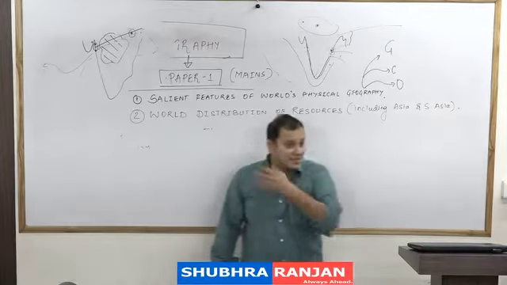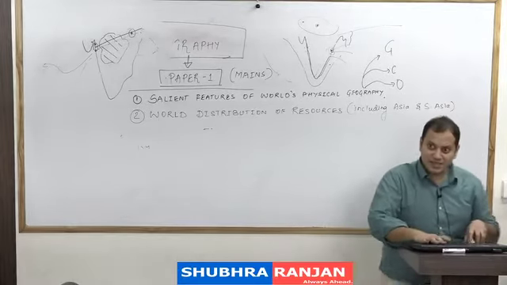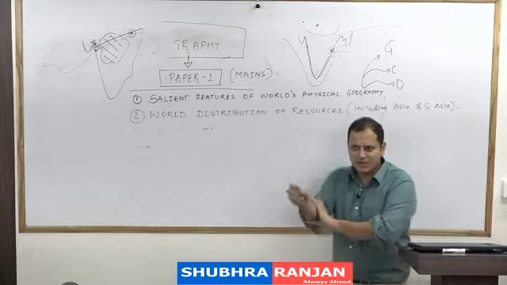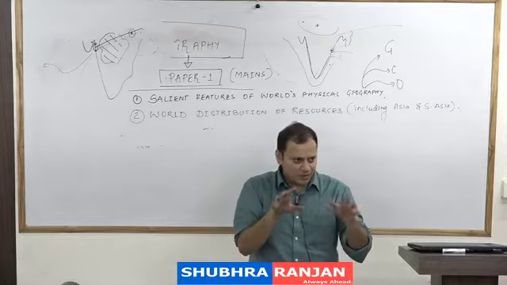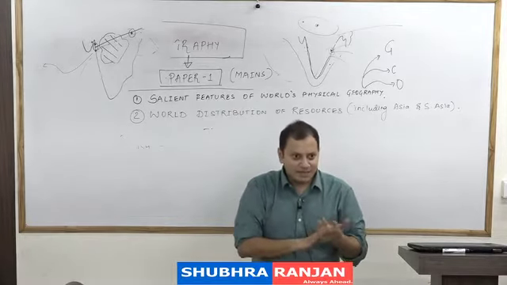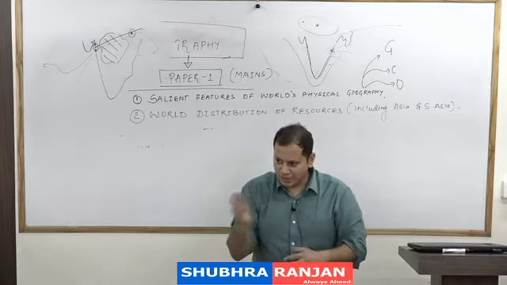And lastly, there comes another industry which can be set up anywhere, because it is not based on raw material. Such kinds of industries are known as footloose industries. Example, electronic goods industry. Example,